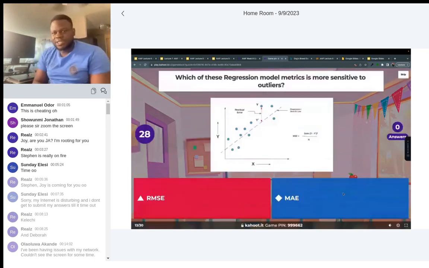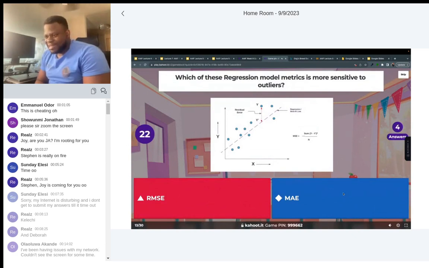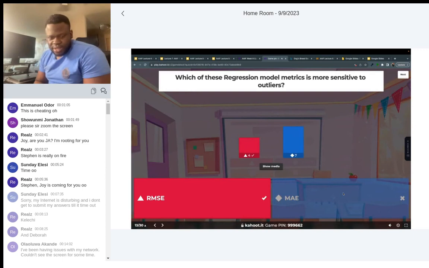Which of these regression models is more sensitive to outliers? Which is more sensitive to outliers?